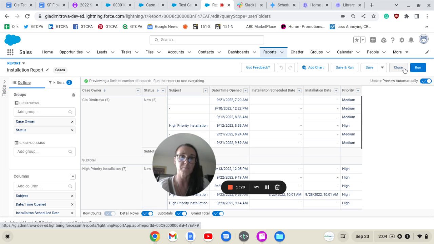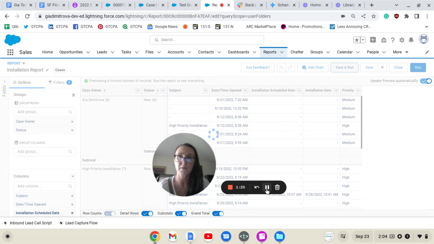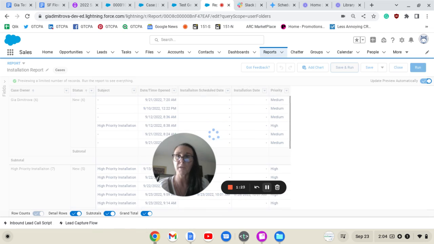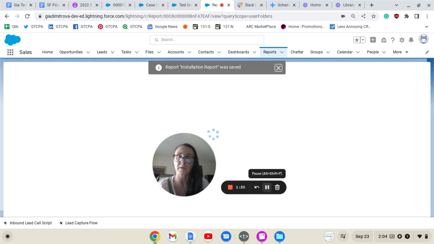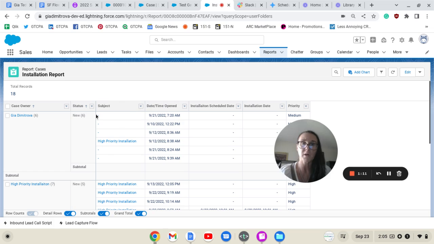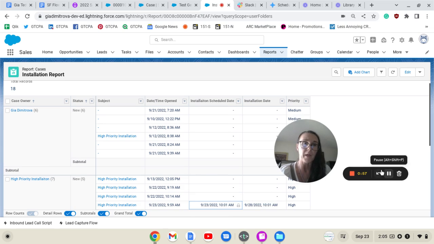If we simply save and run the report, we're going to see the number of our installation cases. The manager can see the priority of the cases, their status, if it's new or it's working, the schedule date and installation date. And we're going to simply test if our report updates when a new case has been